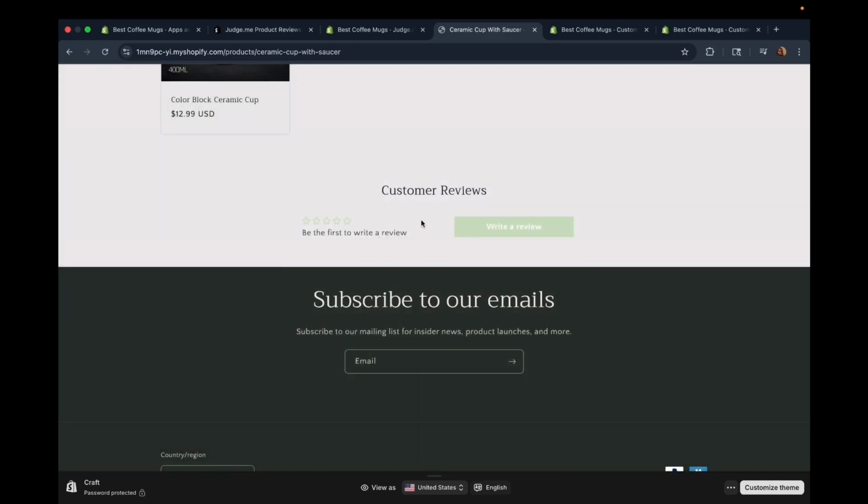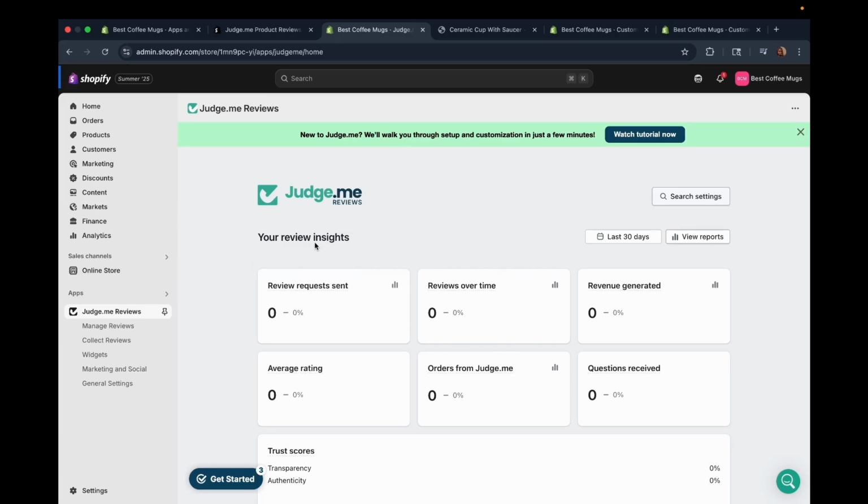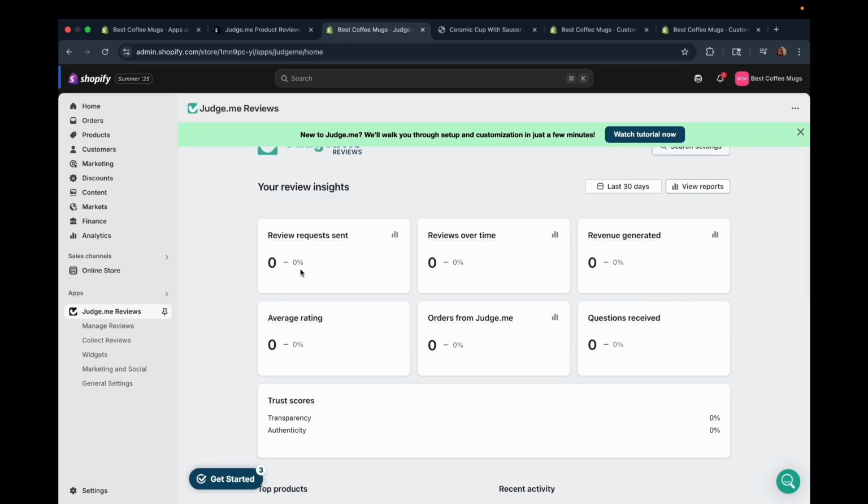And then I'm going to click close. Okay, so let's start by the inside. So over here you will see how many review requests you have sent so far. And over here, you will see all the total revenue generated by Judge Me, maybe through different review requests or coupon. And on the average rating, this is where you will see the average rating of your published review